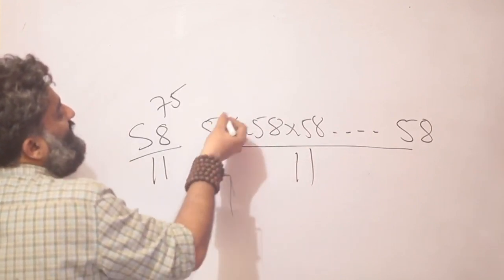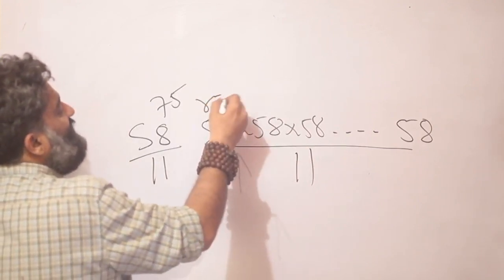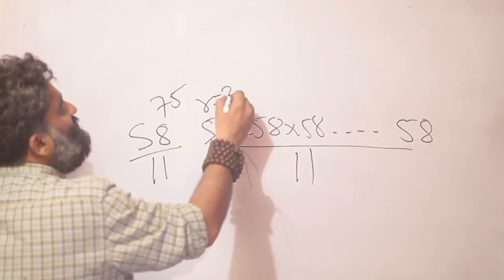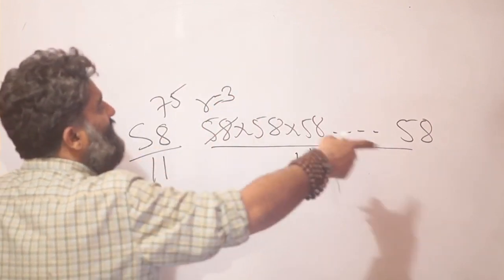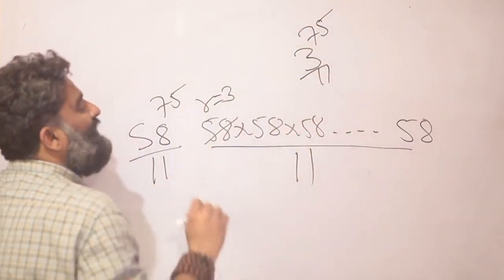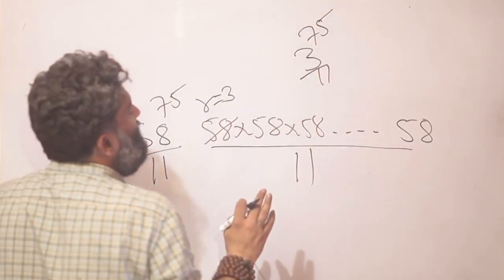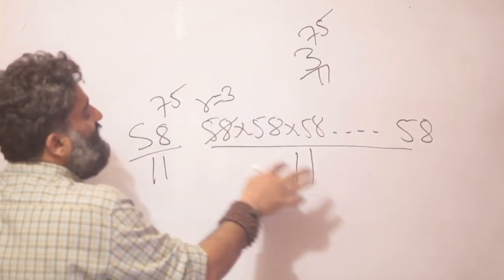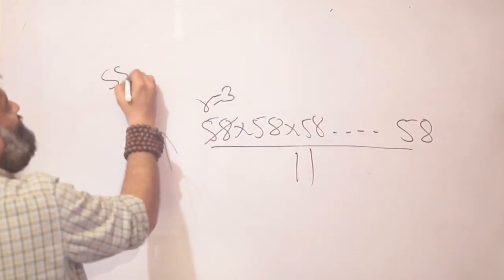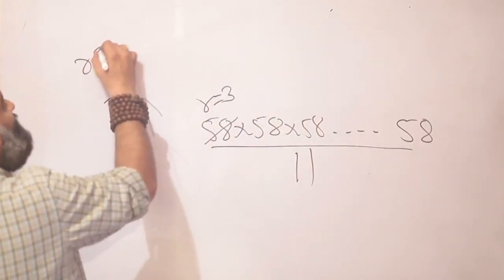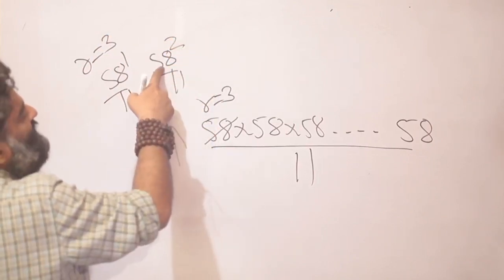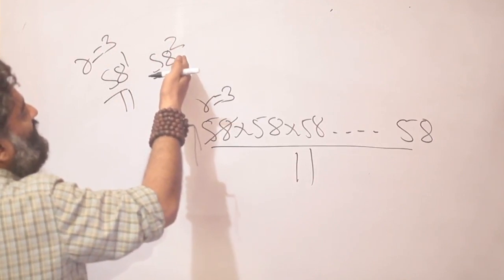Now I can go for each remainder. So the remainder of 58 divided by 11, 11 5s are 55, remainder would be 3. Now I could have straight away gone and said my new problem is 3 raised to 75 divided by 11 and played with that, but let's just stick to 58 only. So if I go for 58, my remainder is 3. Let me start thinking of the cycle process once again. 58 raised to 1 divided by 11 gives you a remainder of 3. 58 raised to 2 divided by 11. Now 58 raised to 2, even calculating will be cumbersome.